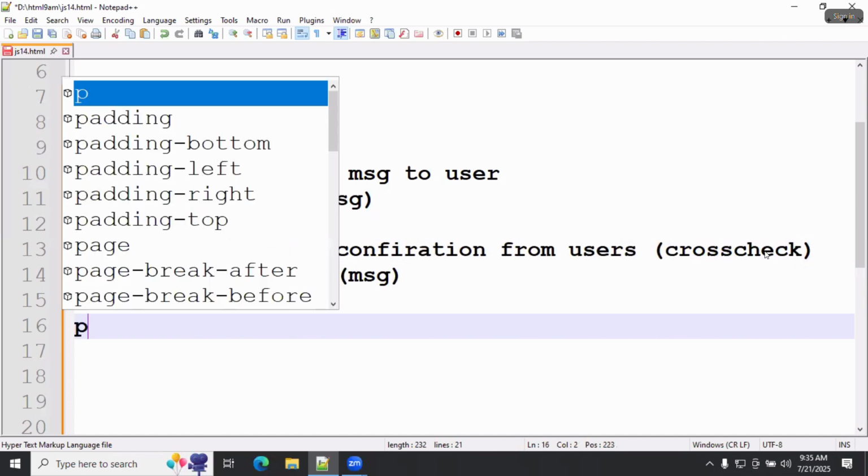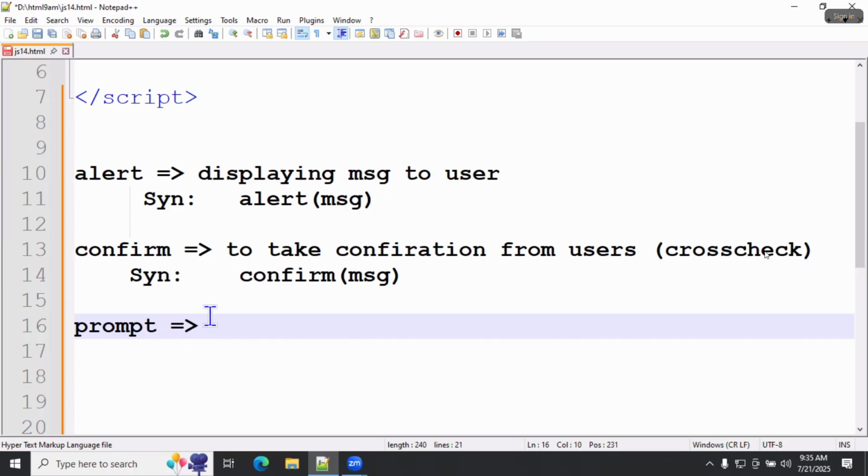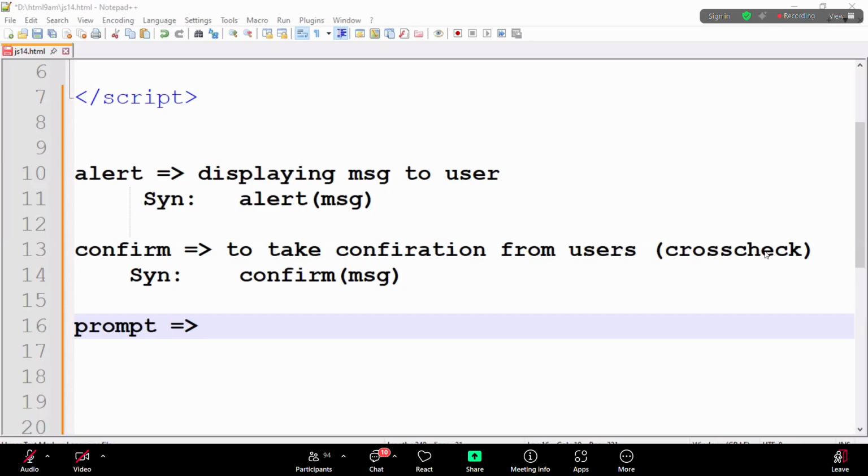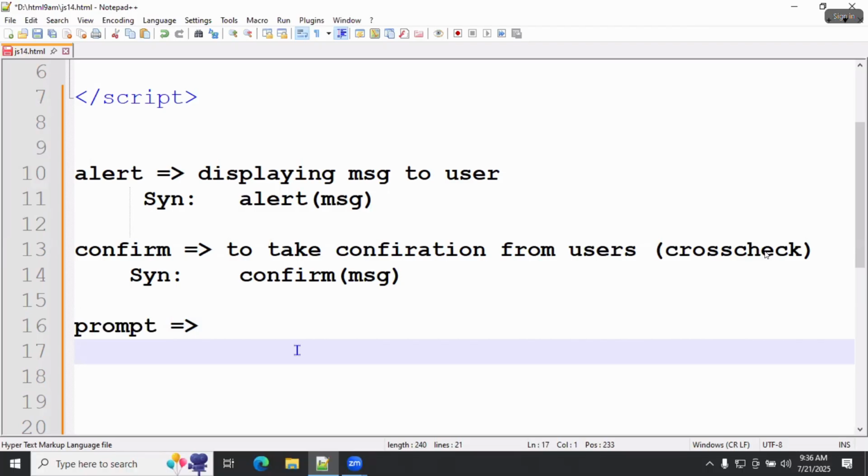Next, third one, prompt. The third dialog is the prompt dialog. So what is the use of the prompt dialog, sir? To take the input from the user. That is similar to the scanner function in a programming language. Scanning functions are available for taking input from the user. It is the same here. In C language it is scanf, in core Java the Scanner class,